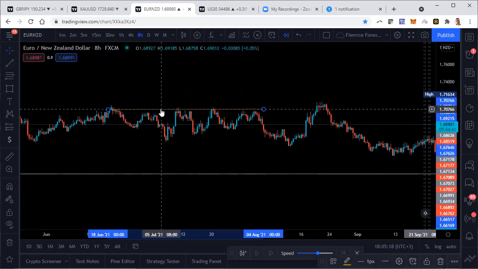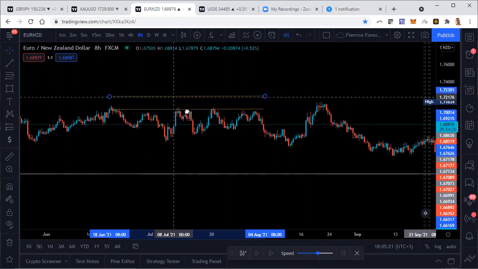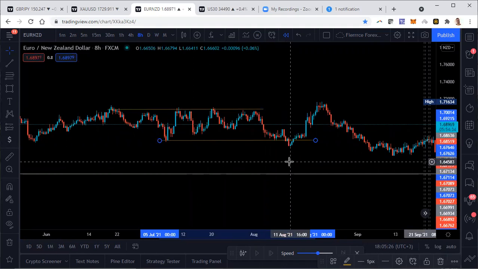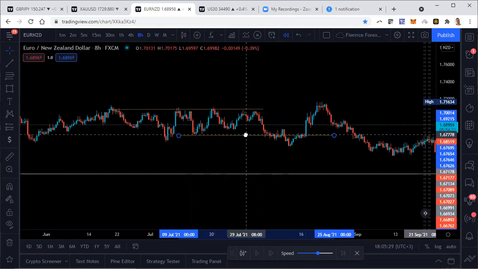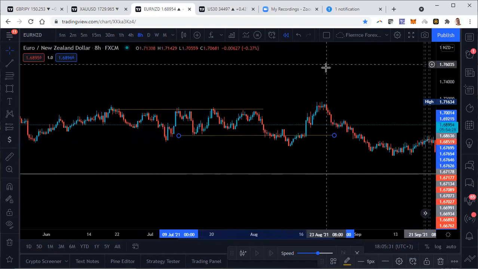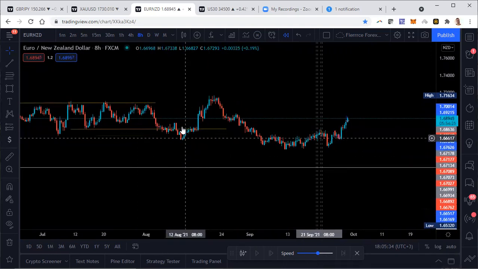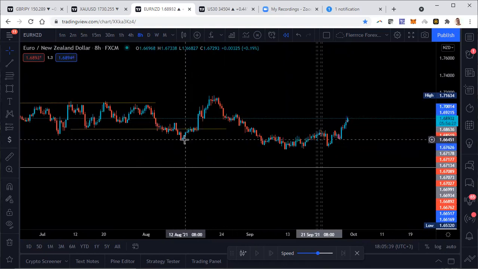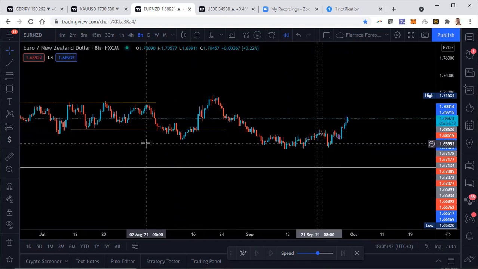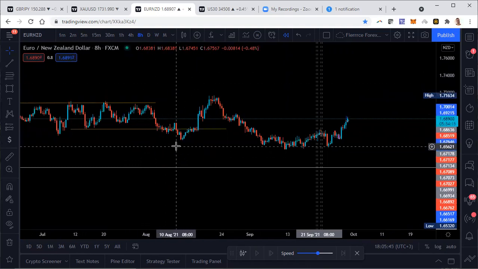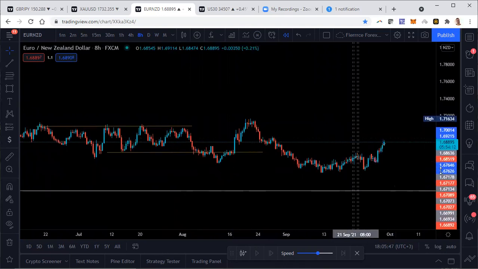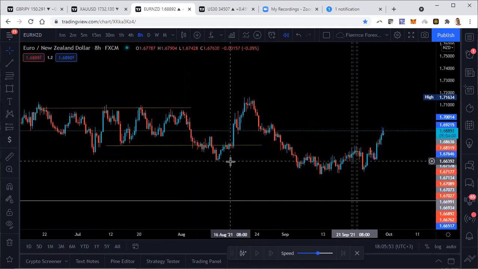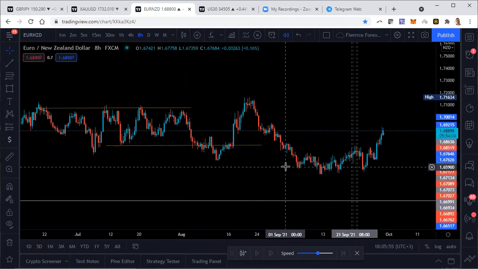And as it pushed down, if you're looking at it from the retail perspective of things, we are forming equal lows below here. What we see is price pushed below the equal lows. Okay. In fact, there were other lows that formed here, then price pushed down, and then it pushed back up. Okay. So what you need to remember is every time price breaks structure, it's doing something. It's either taking out a level, either on the upside or the downside. So that's the story that you're telling yourself of price action or the market structure. It's breaking, and then it's moving from one level of structure to another, to another, to another, okay, depending on